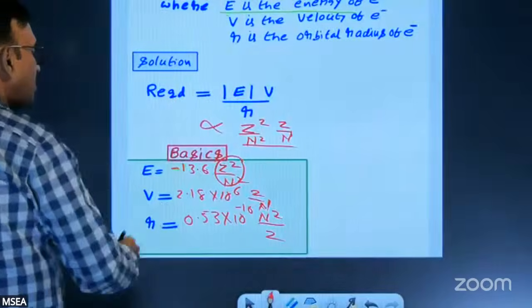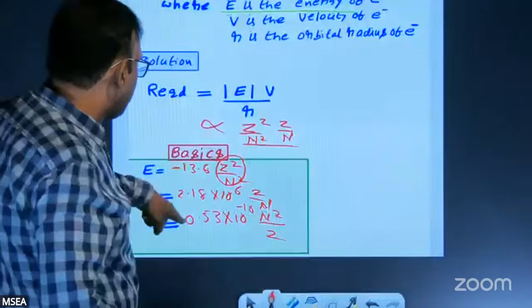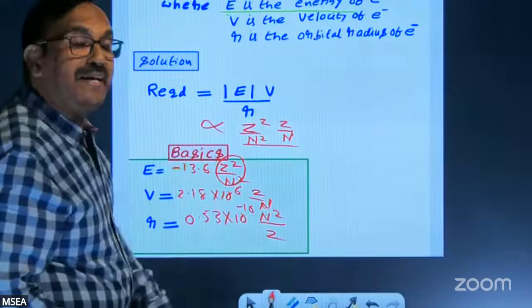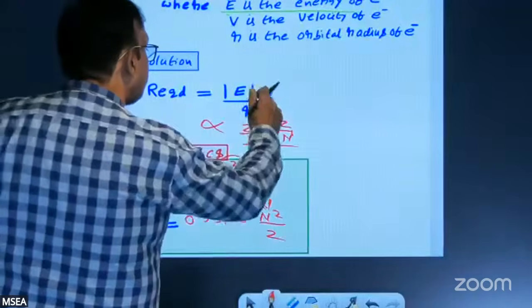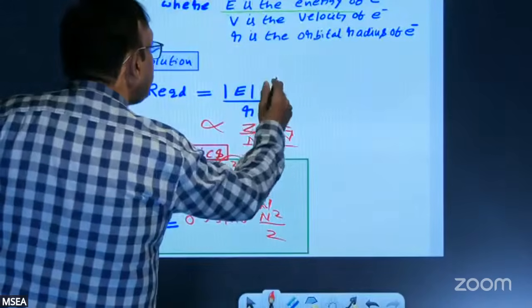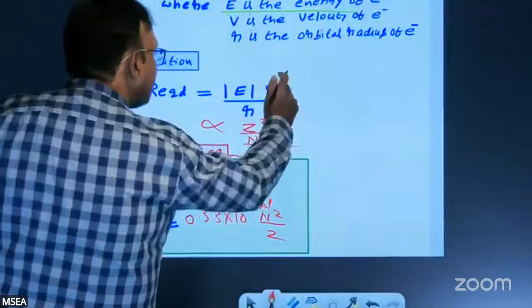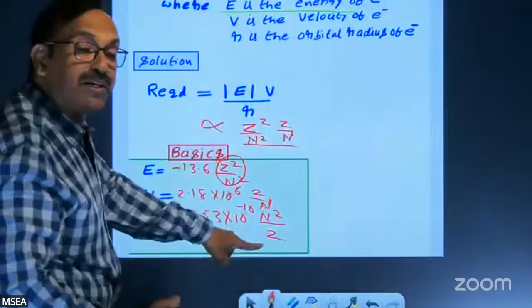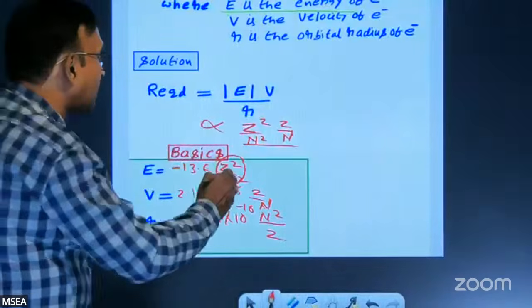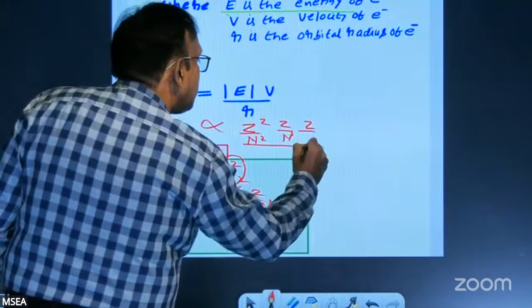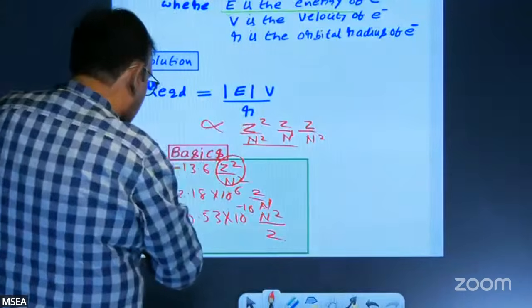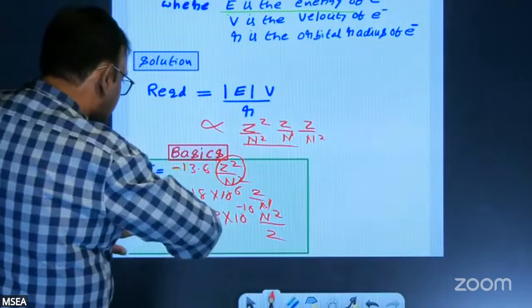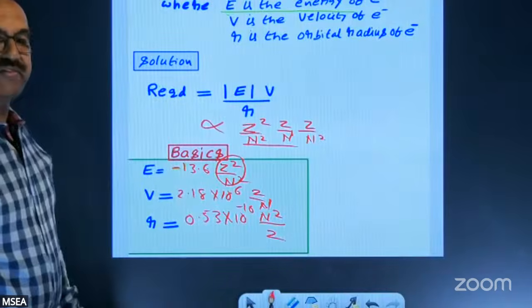Radius there. So here r is proportional to what? Come and tell me. N squared by z. See here, this is mod of E into V into 1 by R. You can see that this is 1 by R. R is proportional to n square by Z, so 1 by R means you can happily write Z by n square.